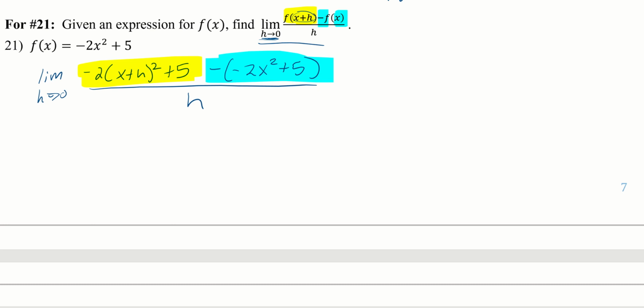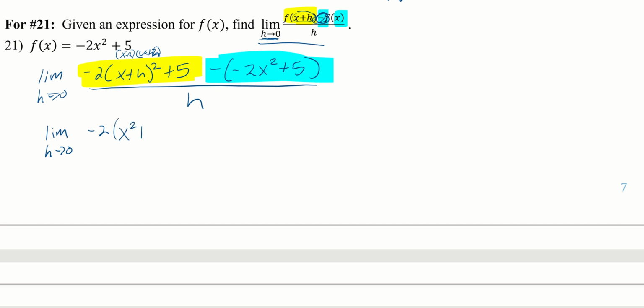Wherever you see an x, you do two things. You plug in x plus h, and then if I do the negative on the outside, I'm just going to change the sign of everything in the function. So now you need to just clean it up. The limit as h approaches 0, this is going to be -2, right? I need to write this 2 times, x plus h, and FOIL it out. If you need a little extra time, you can pause it and FOIL it out yourself,